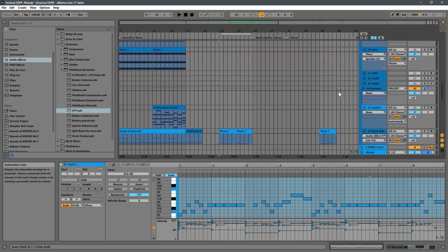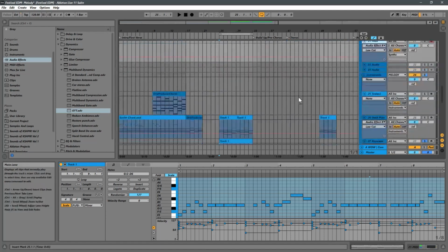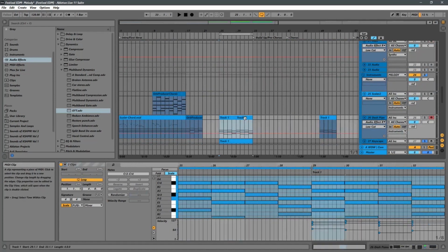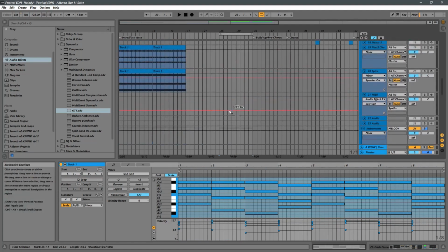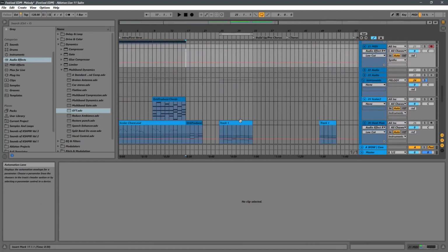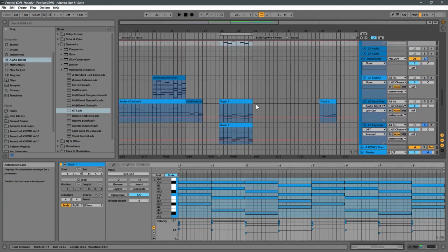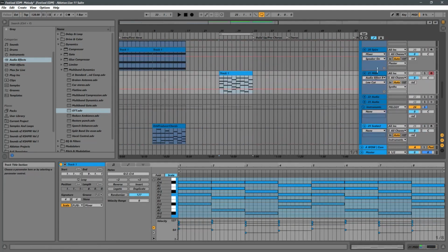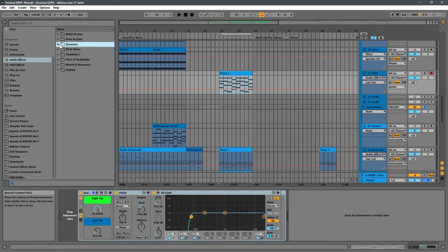And we're going to put this in the instrument section since it is technically, or sorry, we're going to go into the synth section since we're using an electronic synth for it. So let's go ahead and grab some of the chords here, and let's throw it on right there. Okay, and then as far as what instrument we're going to use,